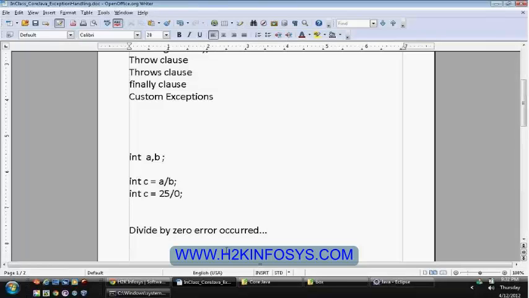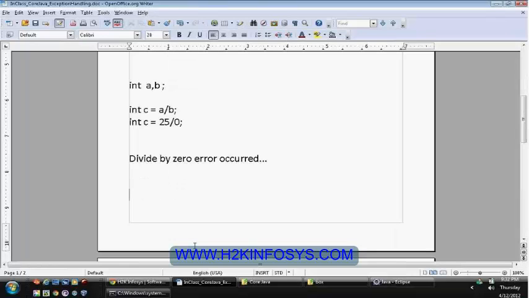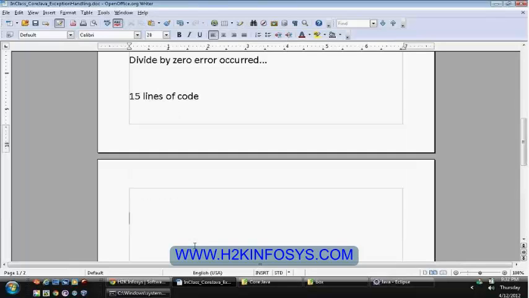In languages like C or C++, the exception handling mechanism is not completely available. It's available up to some extent, but you can't recover from system program errors. That means your program will halt and the execution will terminate. Let us say you have 15 lines of code, and at the 5th line you got a divide by 0 error.